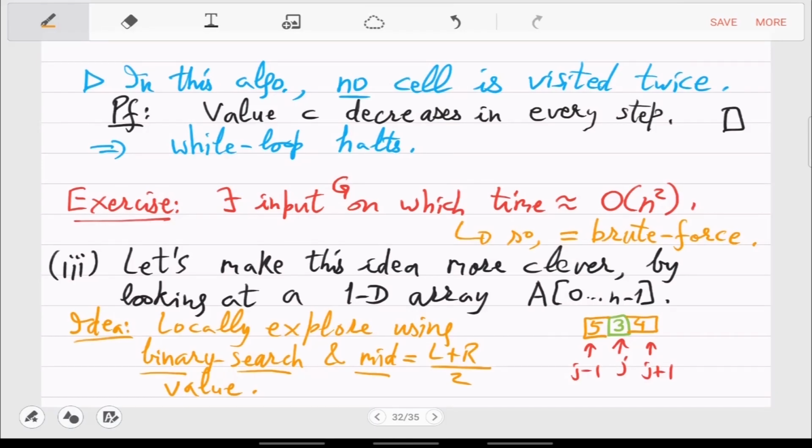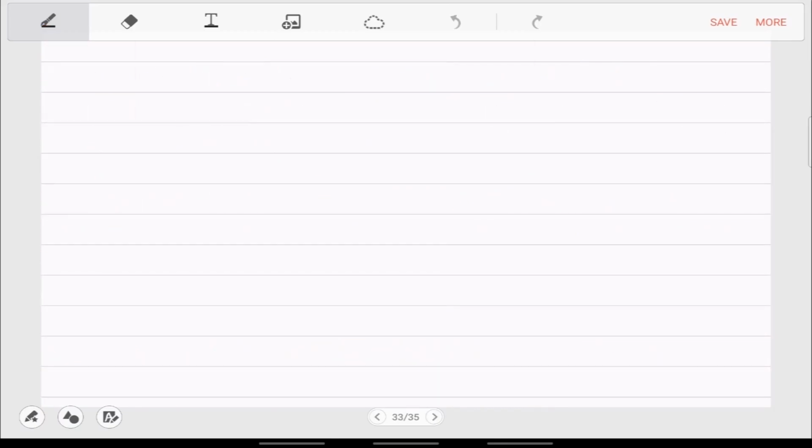The markers will in general be L and R, which initially start with 0 and n minus 1. So let us see why. Let us see first of all what we are doing here. So the pseudocode is: